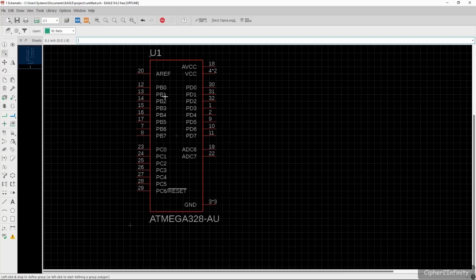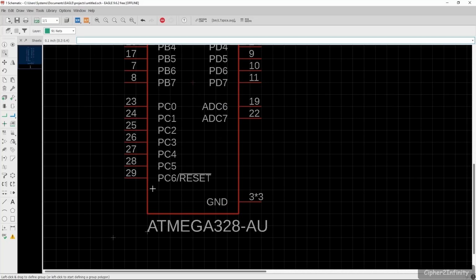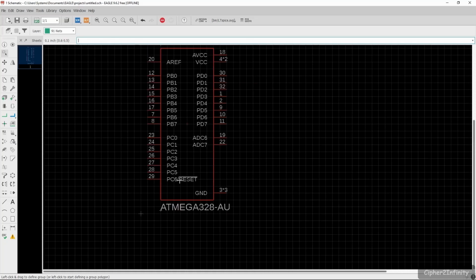They have not defined the functionality of these particular pins in this symbol. We actually need to define the functionality of each pin in the symbol. For example, here, port C 6th pin, the functionality of this pin is reset, so they have defined it here. But for the rest of the pins, they have not defined it.